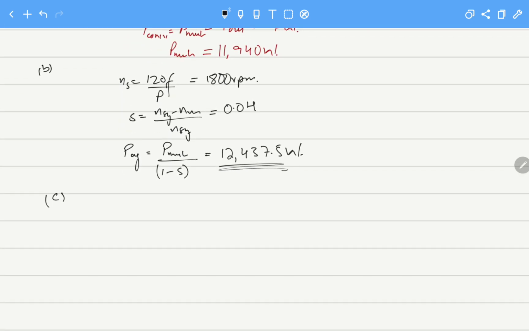In part C, we have to calculate the rotor copper losses. Rotor copper losses are directly proportional to the air gap power, with the formula S times P air gap. Here S is 0.04 and the air gap power is given above. So the rotor copper losses will become